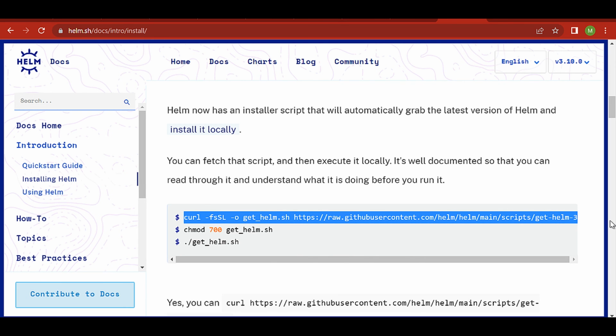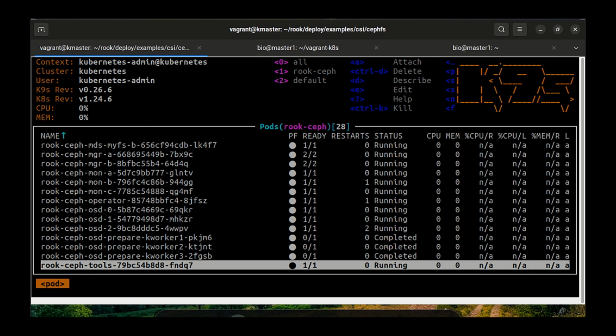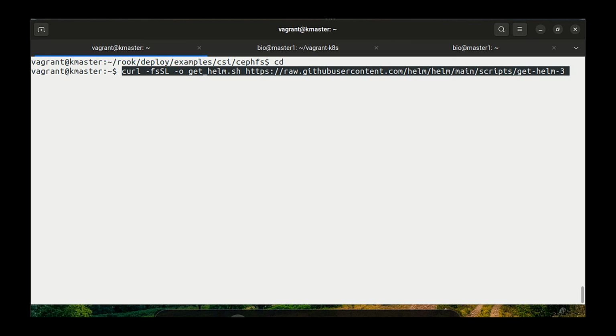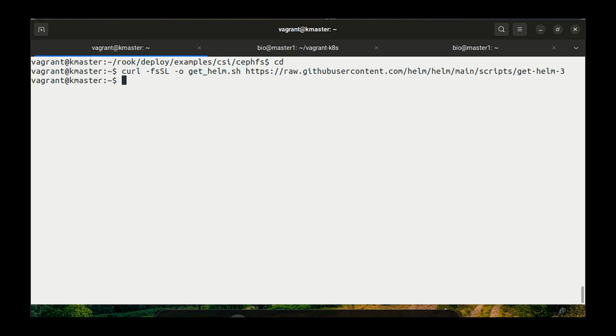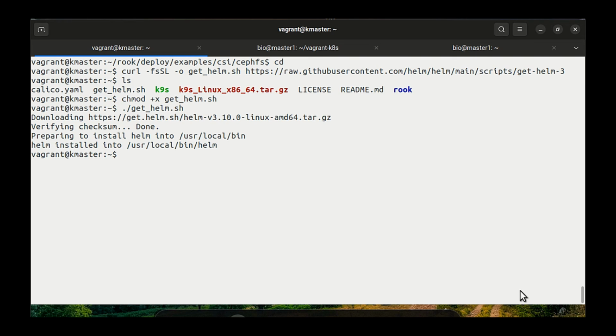So we can install it through the Helm chart install script. Okay, now Helm is installed.